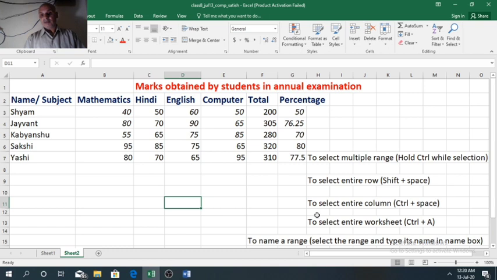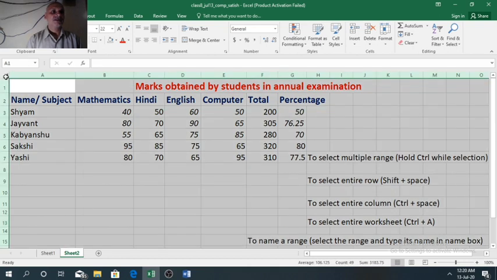Now, how to select the entire worksheet? Here also we have two methods. Using the mouse, just below the name box, in the extreme left side, in the corner, just above row number 1 and to the left of column A, here we have an arrow.